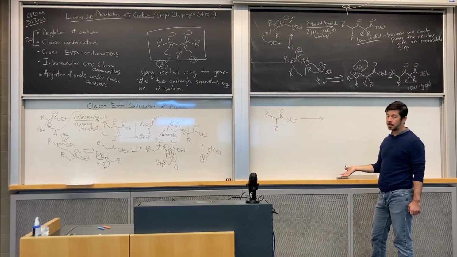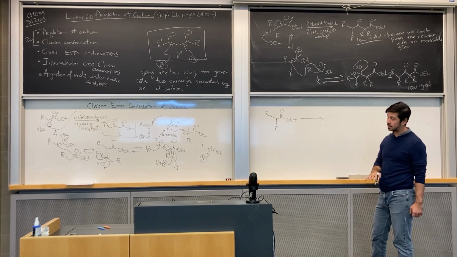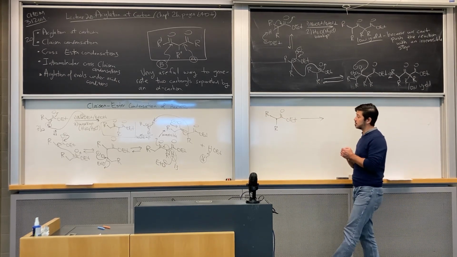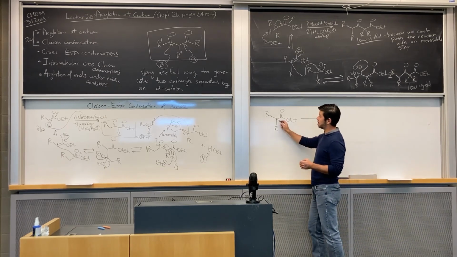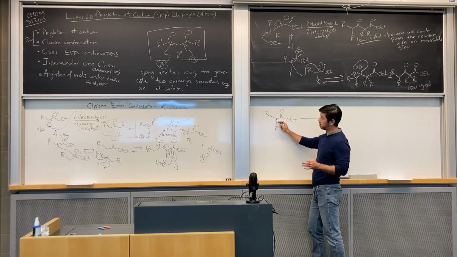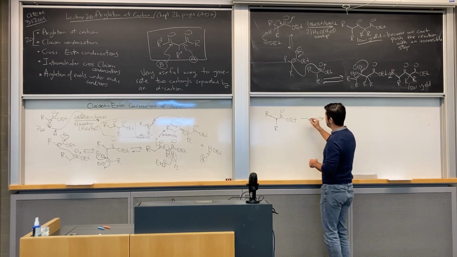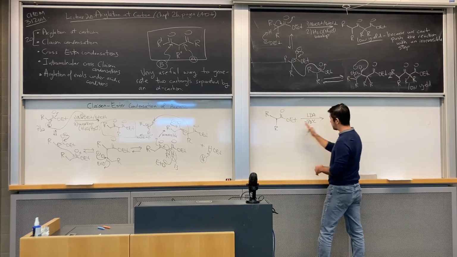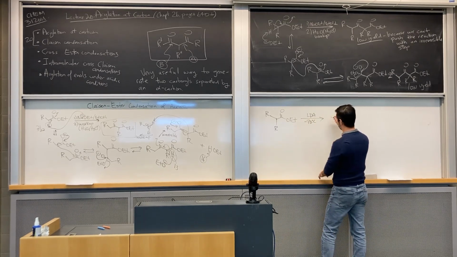LDA has a conjugate acid whose pKa is around 36. So that's really quite high, whereas the pKa of this is around 21 or 22. So if you treat this with LDA, then this first step is going to be irreversible, and you're going to generate